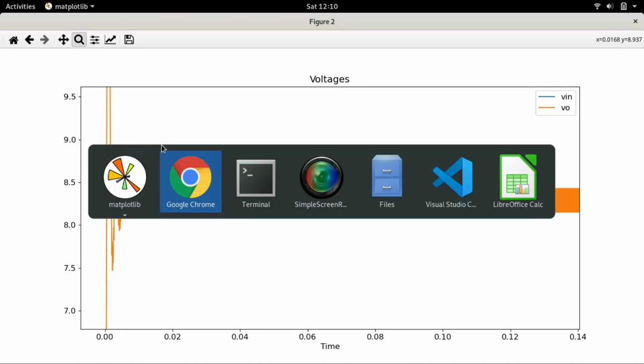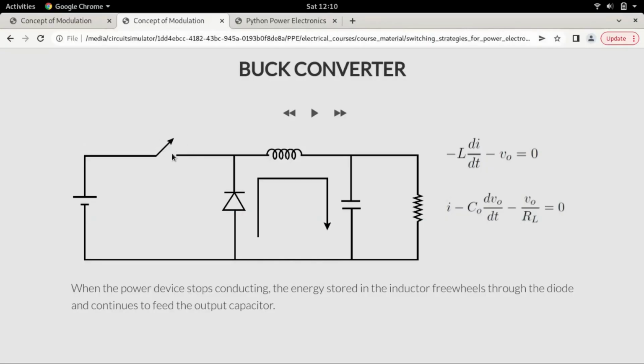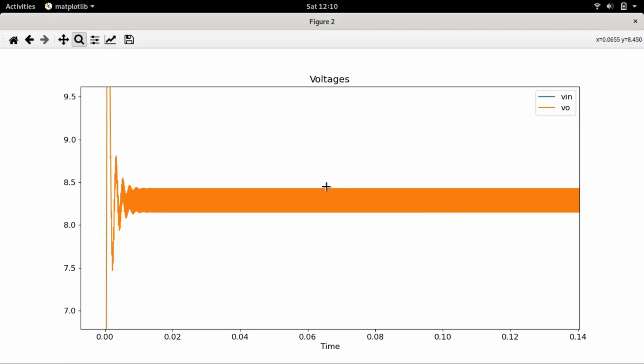The switch has a loss, so this switch has a resistance. The input voltage has a resistance. The inductor has a resistance. Everything has a resistance, and therefore the voltage across the capacitor will not be exactly as required, but rather there will be some losses due to all these resistances. If you want exactly 9 volts, you must account for these, or you must do closed loop control, one of them. So what really matters is if we zoom in further,